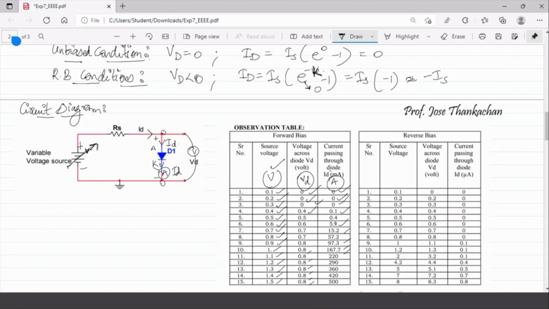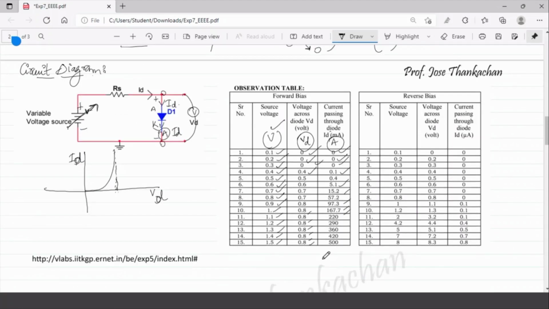So what is this voltage basically? We can say that after this, the voltage across the device has become constant. So how will the characteristics be? If I plot the characteristics, this will be something like this. In the forward bias condition, ID versus VD. Once it is on, you can say that this is the voltage which is becoming constant. How much? 0.8. You can see all the readings and draw the graph correspondingly.